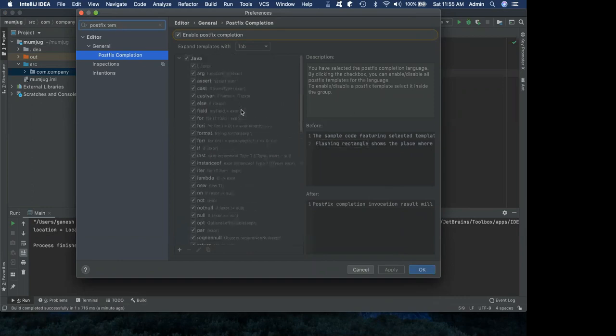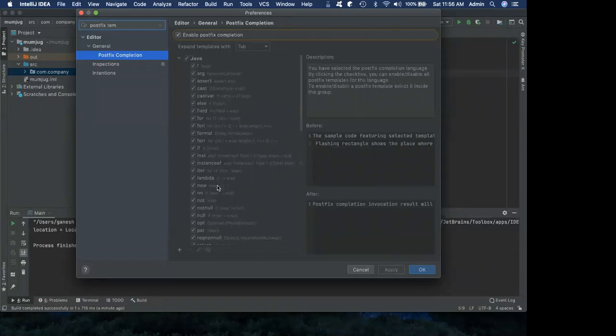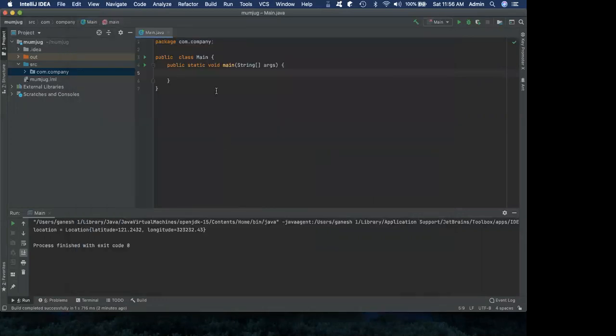So we have seen some templates. The templates are of different kinds. One is the normal templates or surround templates, and then you have postfix templates, right? We have seen the surround templates in the context of try catch, etc. And we have seen normal templates in the form of for each, for I, etc. And then there are many interesting postfix templates, right? So how do we know the postfix templates? We can discover it, right?